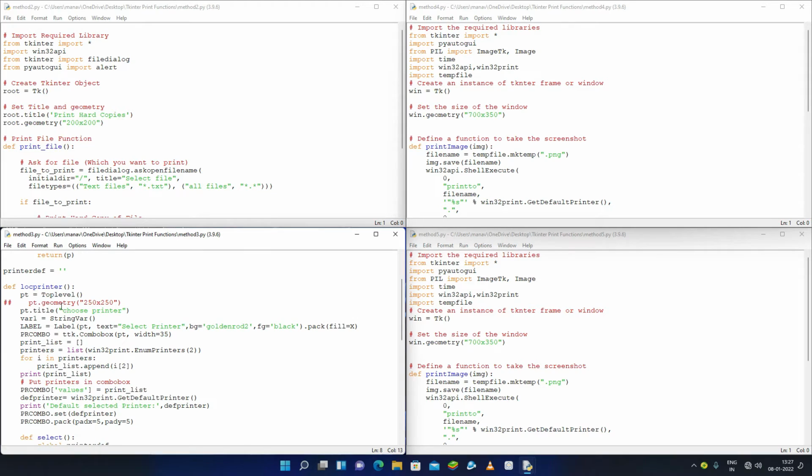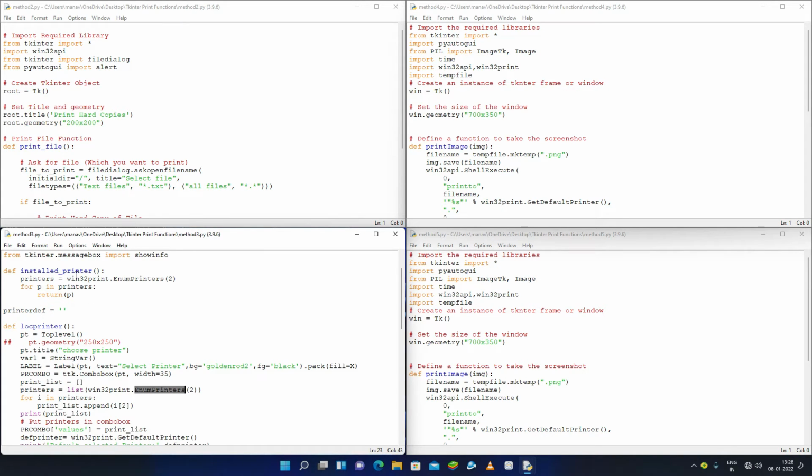Under this log printer, I'm making one top label. Under this top label there is one label called select printer, and one combo box called PR combo, that means printer combo. And then I'm getting the list of all the printers using this method, win32print.EnumPrinters. EnumPrinters is used for listing the names of all the printers in your computer.